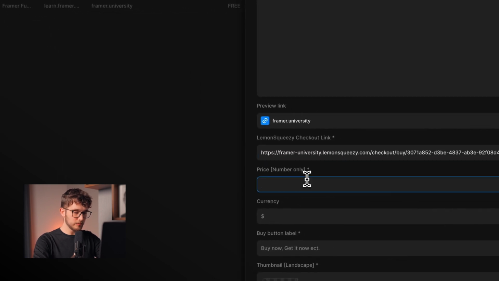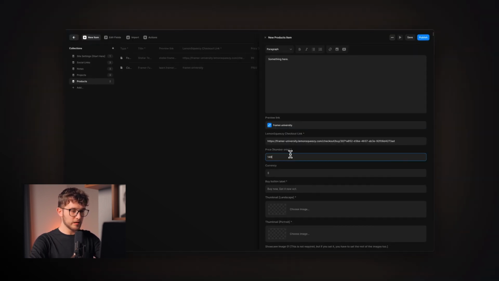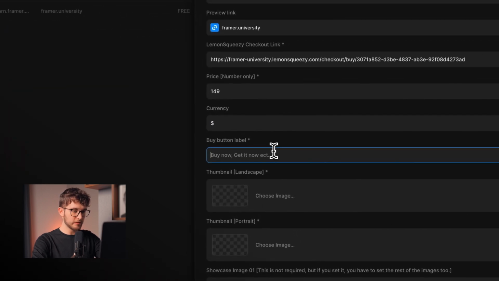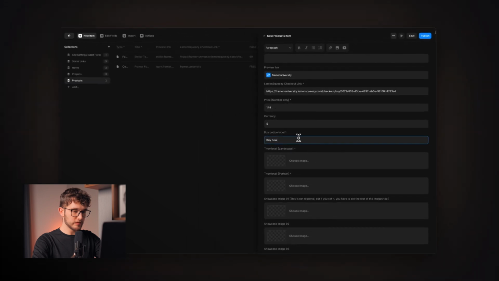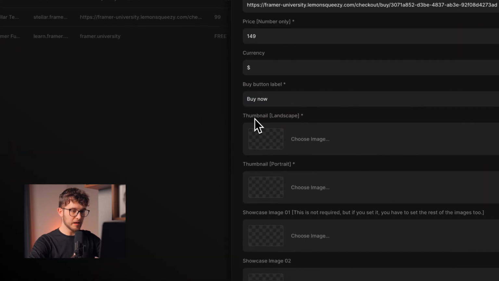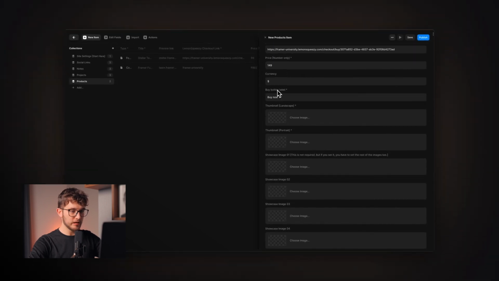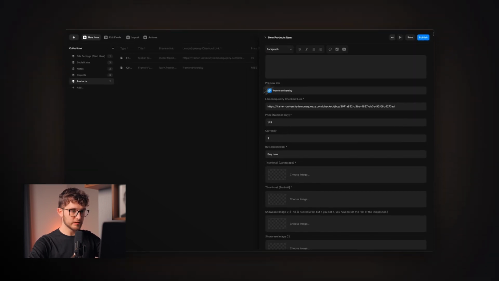The price will be 148. We have to set the currency too. The buy button label is also customizable, so we can say buy now. We have thumbnail landscape and we also have thumbnail portrait, and it is really easy to have these images because